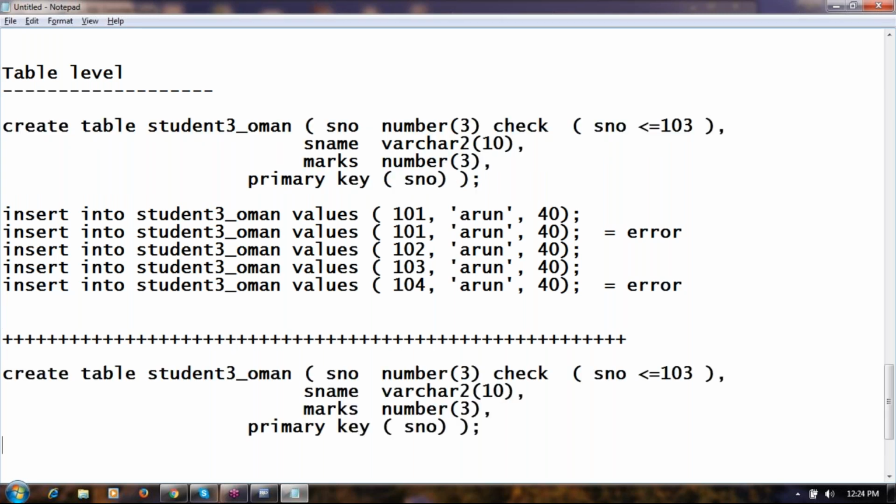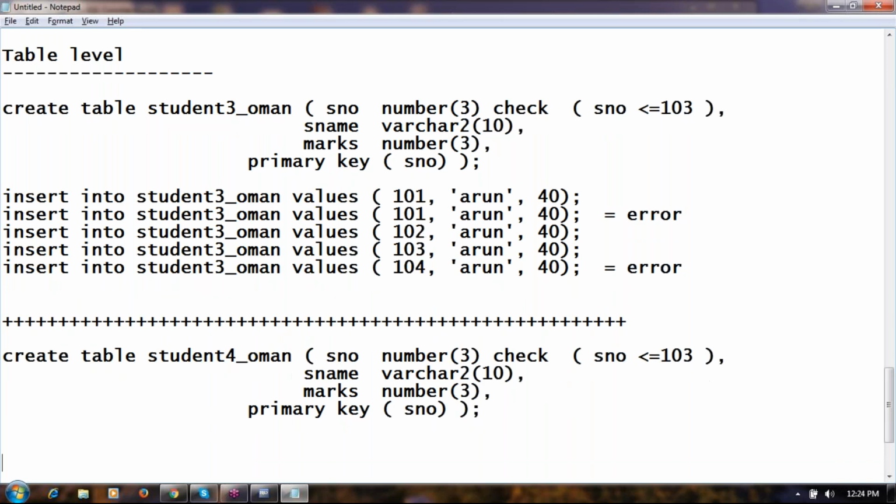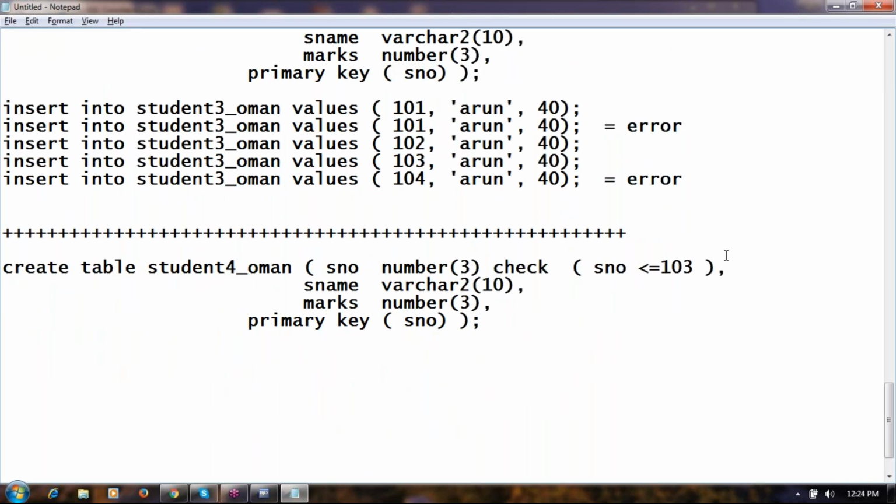Okay, fine. Then if it is at the table level, how will the syntax be? Yeah, I'll show you. Normal table without constraint. First, I want to apply primary key constraint, table level.